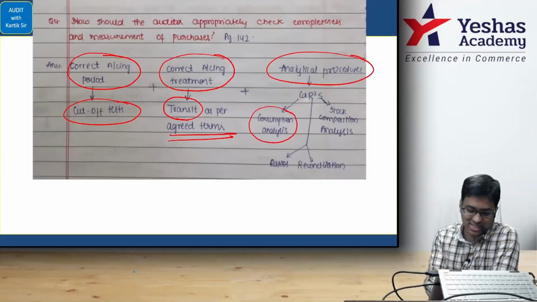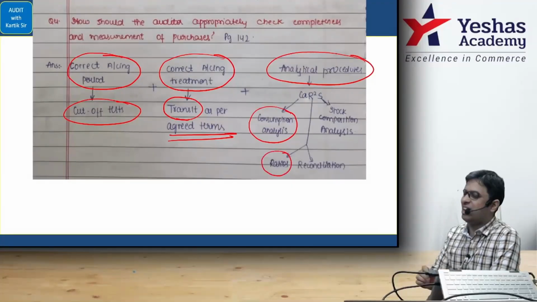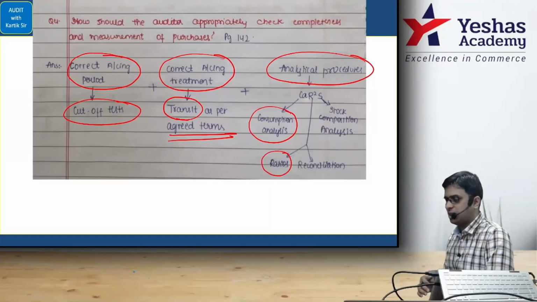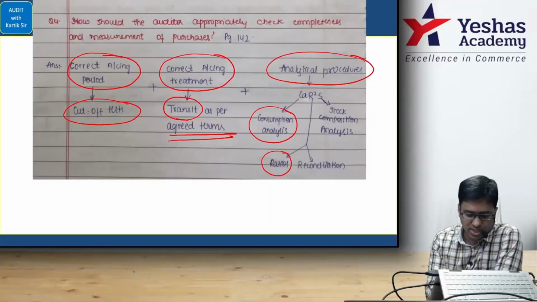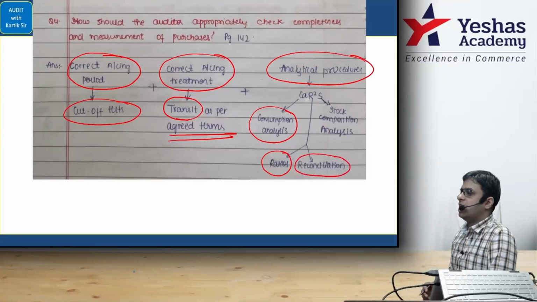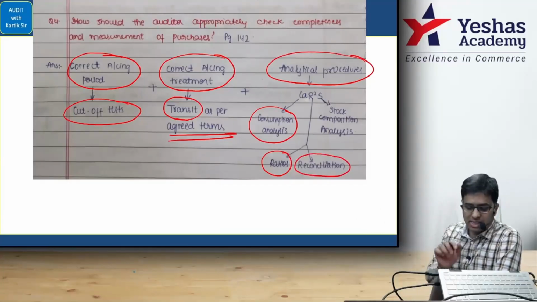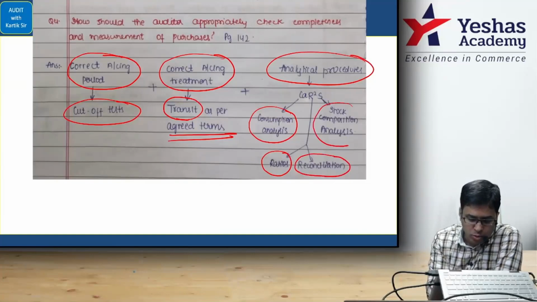Again, look here, next is ratios. Ratios you know very well. All the accounting ratios you can check regarding consumption, basically whether raw material is properly used or not. Next, there is a reconciliation, basically a stock reconciliation. Regarding purchases, it is closely connected to raw material stock. Last is stock composition analysis.